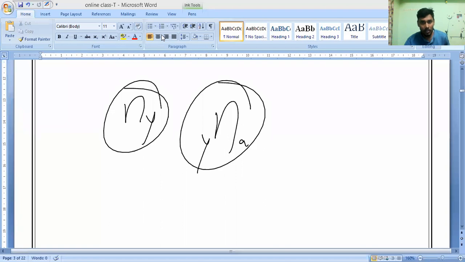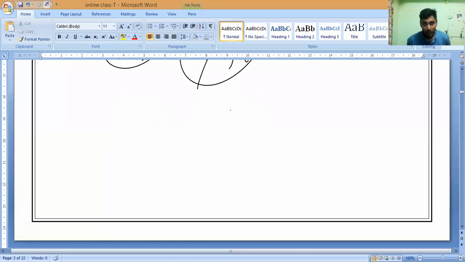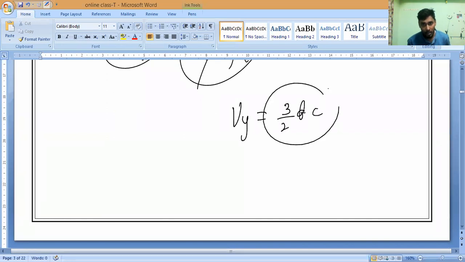So what did I say in the question? Can you read? Dikshit, Hanuk, Jayasri. So I said what? The speed of light in the given medium Y is 2 by 3. The speed of light in the given medium is how many times? 3 by 2 times of C. That's all. 3 by 2.